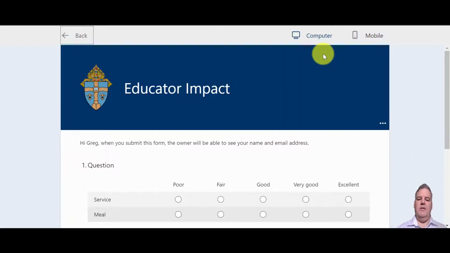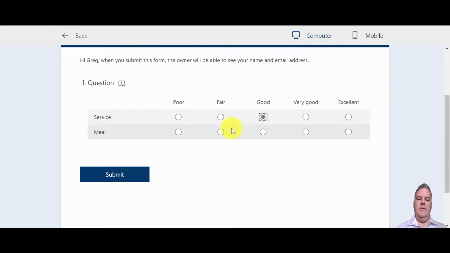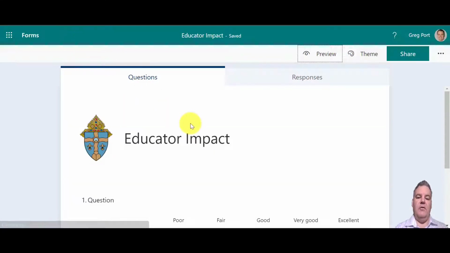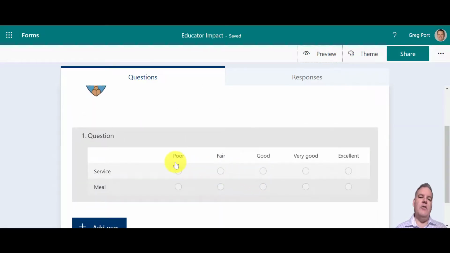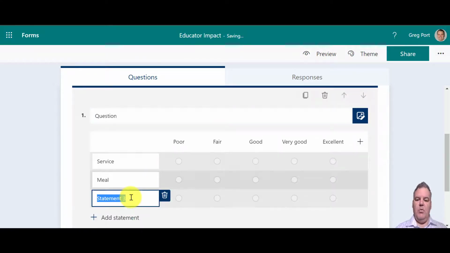Now let's just preview this. This makes it a lot easier for people to answer these questions by going down what's called a Likert survey, okay? So if you're asking similar kinds of questions, choose the Likert type of question, and it just makes it a lot easier. If I go back into this question, I can add more statements, venue,